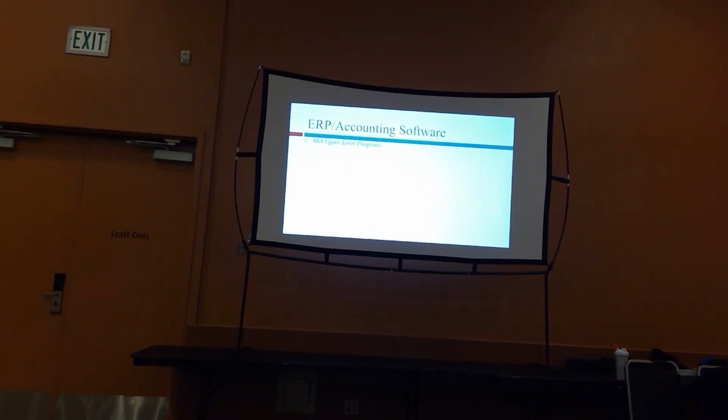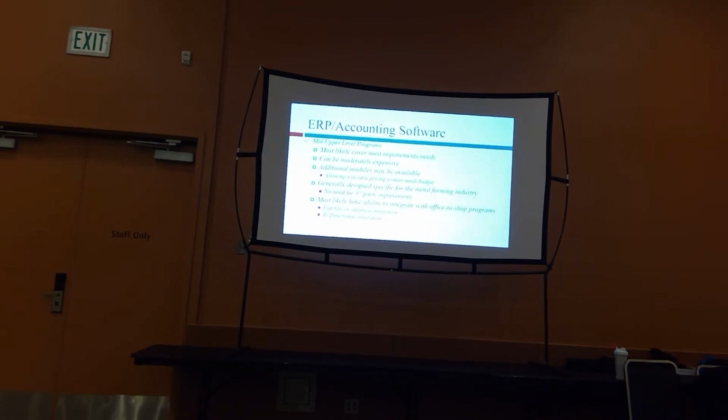Now you've got some mid to upper level programs. And so by a show of hands, how many people use QuickBooks? Is there any other programs that people use? There's Paradigm and I'll say Adjutant. Those are more the mid-level. They get up to the point where now I can keep track of my coil inventory. Now I can integrate with other ERP systems. So these programs are going to cover a lot more of what you're needing, but they can be